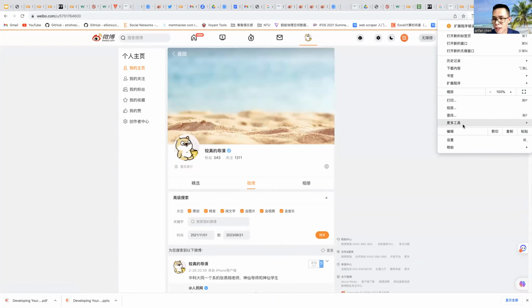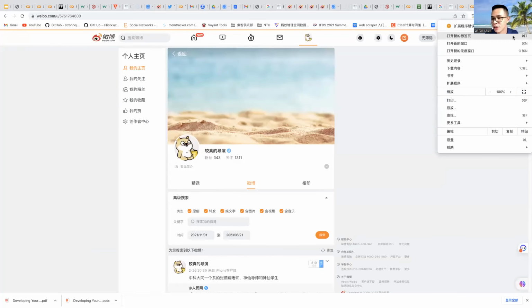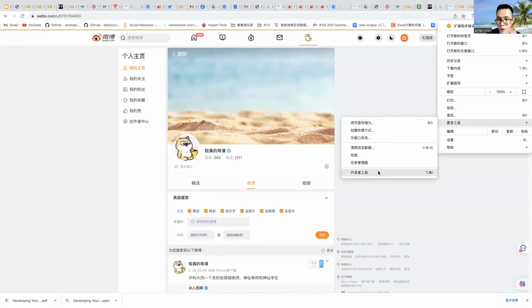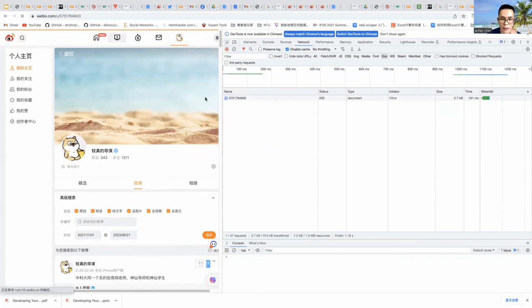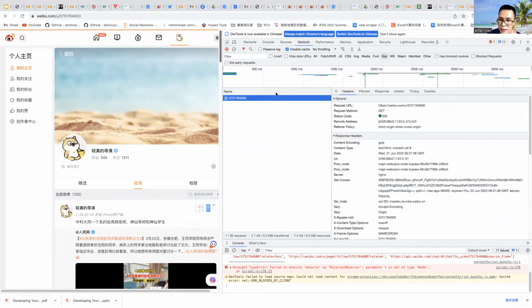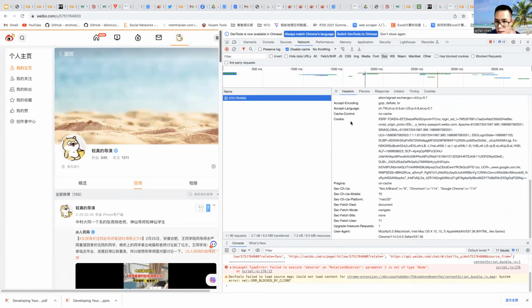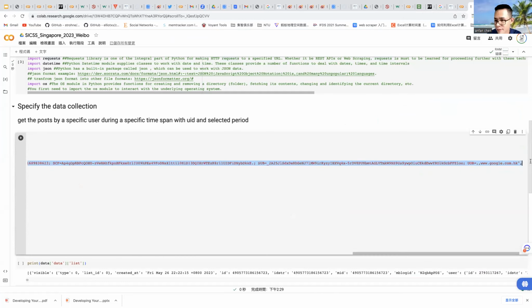And then where is the cookie? For cookies, you just click more tools and developer tools, and just refresh, and you will see the network and click here. Where's the cookie? Okay, the cookie is here. Just copy it and paste it here.